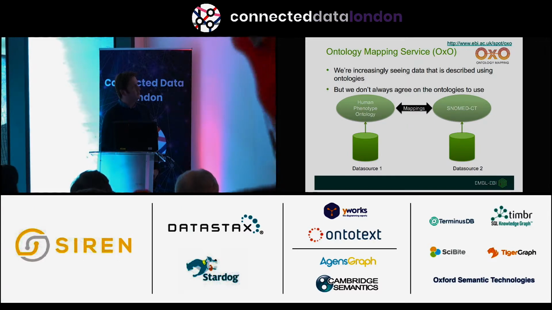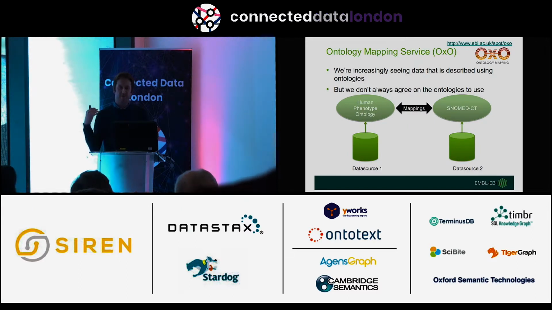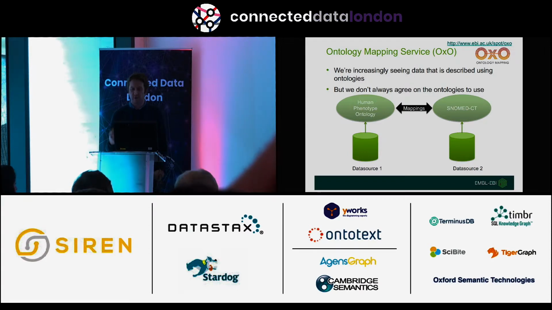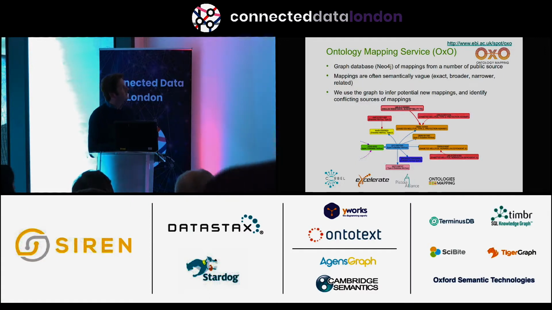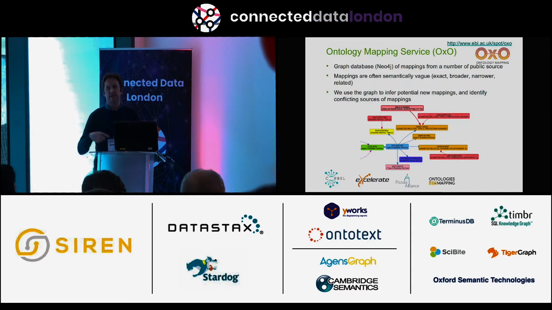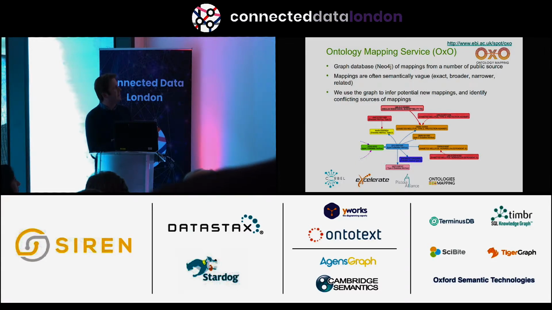There's a whole bunch of tools for doing predicted mapping, but again, we're focusing on the curation aspect because there's a whole bunch of curation going on in mappings. So the Ontology Xref Service is really a repository. It's a graph database that we use to collect all known mappings and cross-references that we can either extract from existing ontologies or mappings that particular teams have done. The semantics are quite broad in here, so it's kind of SKOS-like semantics. But we basically can start to build these kind of clusters of concepts.